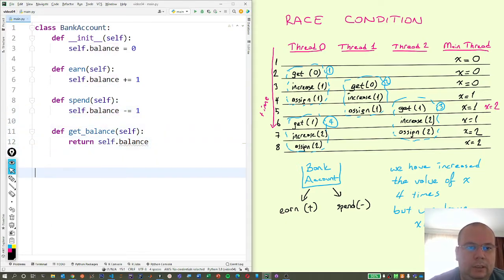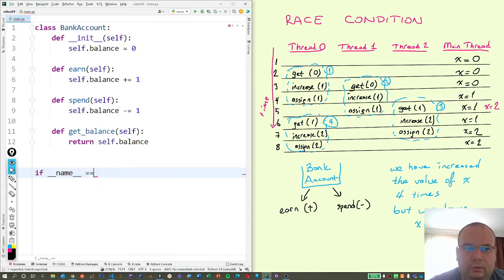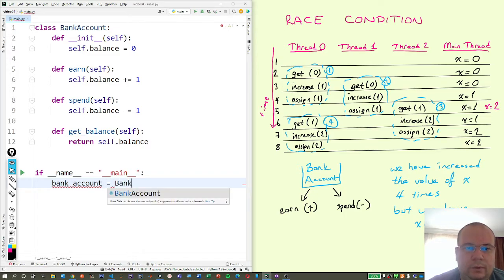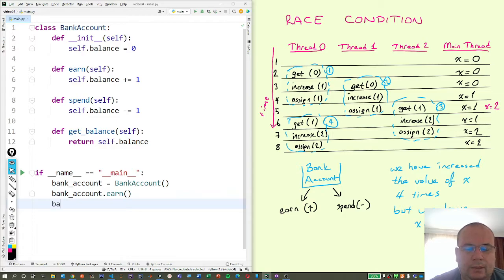So if you run this script directly, so __name__ will be equal to __main__. Then I'm going to create an instance of the class BankAccount with the name bank_account, and I'm going to run this earn method just once. So bank_account.earn, and then run the spend method once, bank_account.spend, and get the current balance